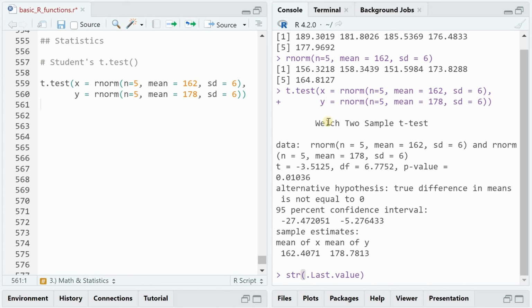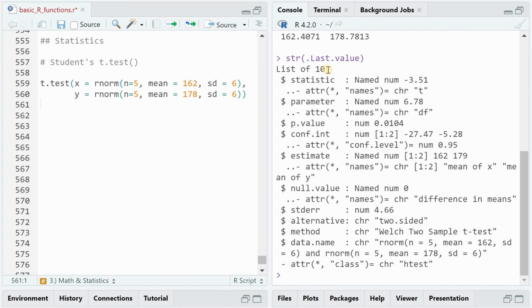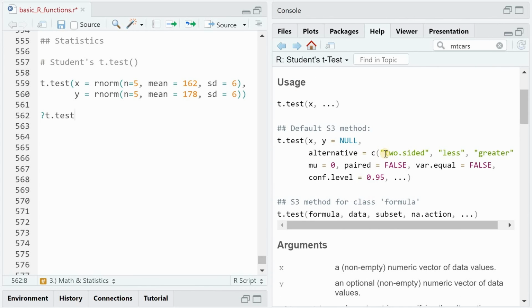If we access the structure of this last value, we find that it's a list of 10 containing many of the results that we saw here. But this structure is useful in case you want to access the p-value or some other parameters after you run the t-test. It's also helpful to look up the help again, because here you will notice that by default it